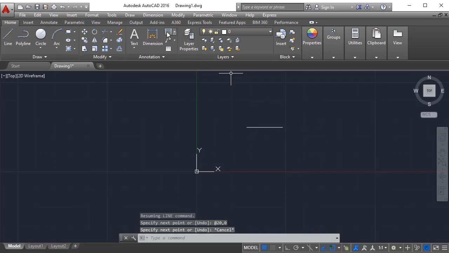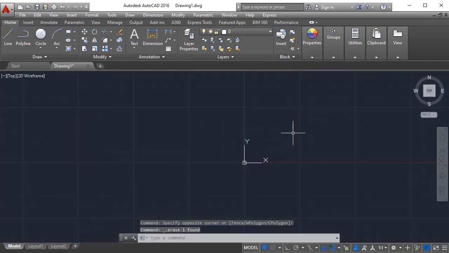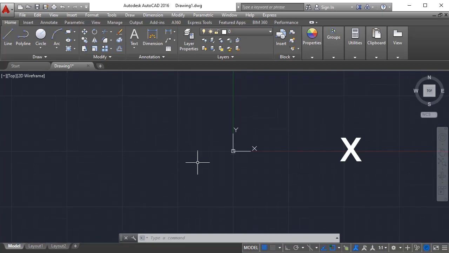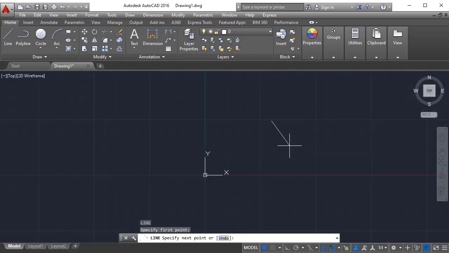If I want to check this length, go to dimension, linear, first point, first click, last click, and add this one. You can check this 20 units. Similarly, it also follows the exact absolute rules, meaning x, y, minus x, minus y directions only, but not the origin. So if I use a point here and at the rate, if I choose this as the origin, from this direction it's a positive y, negative x, negative y.